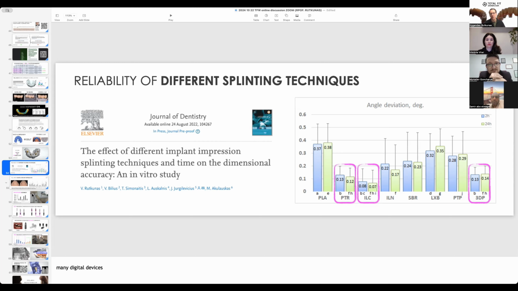Basic analog techniques still have to be taught, and only then can all the digital solutions be added on top of it. So I think this direction is still meaningful, but we have to see what the future will bring us with all the artificial intelligence tools.